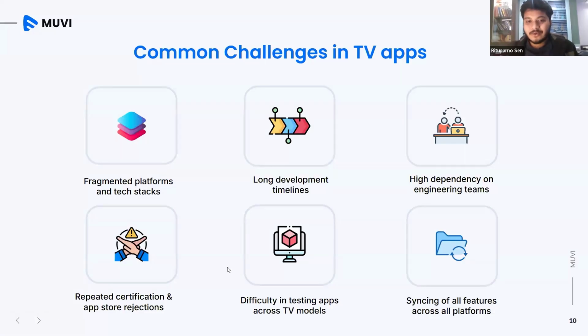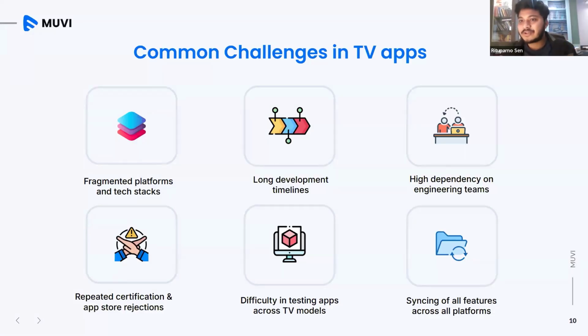Again, now comes the big part. We have to test the TV app. Development and QA go hand in hand. We develop some feature and we expect that to work the same across all TV apps, all TV models, and we need to have that bandwidth, we need to have the resources for that. That becomes the significant bit of challenge. How do you counter that? That is one of the core challenges while developing TV apps.